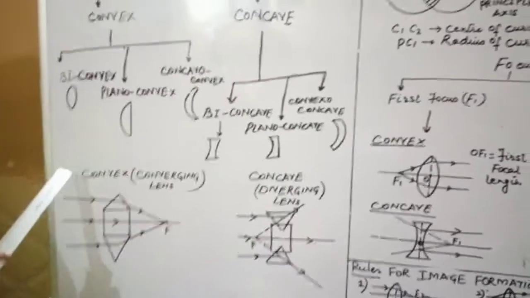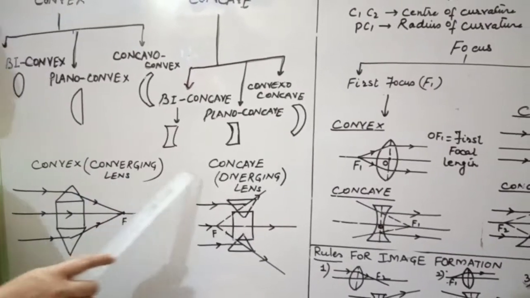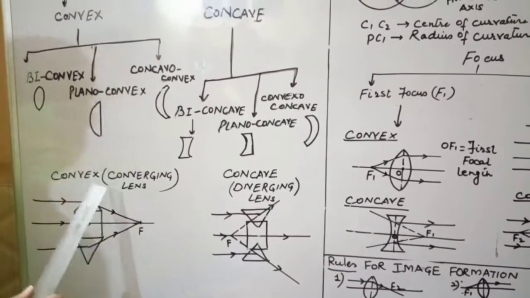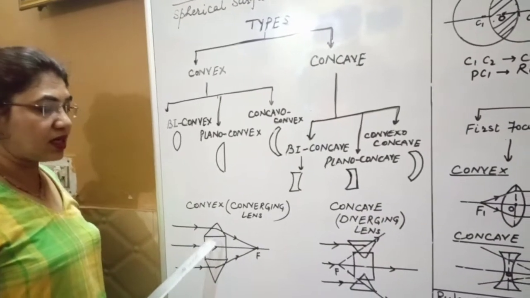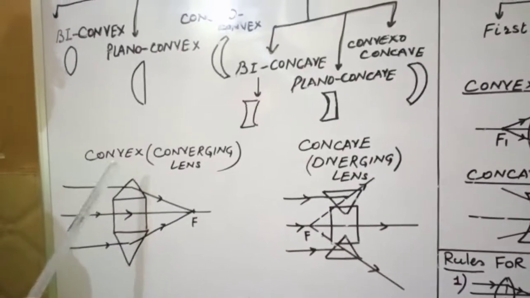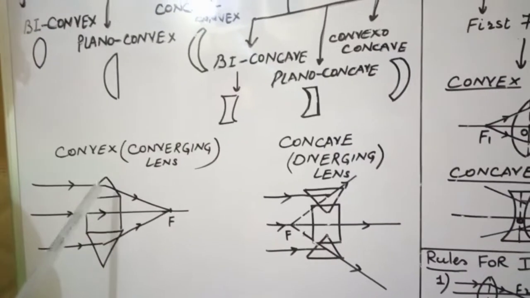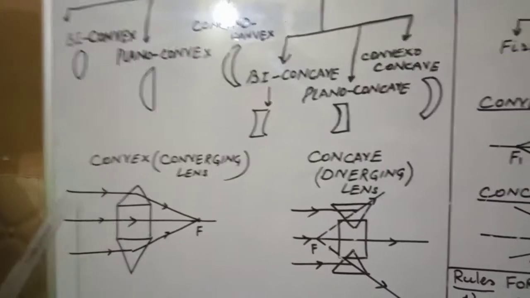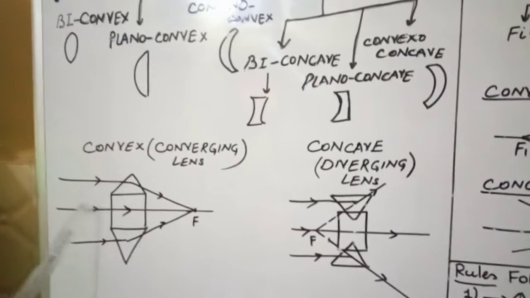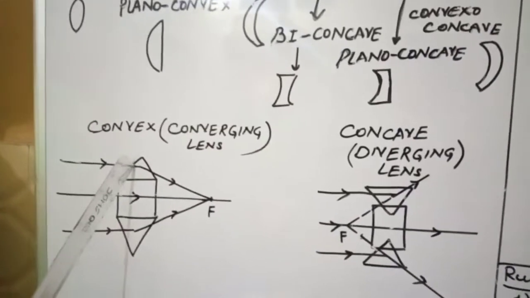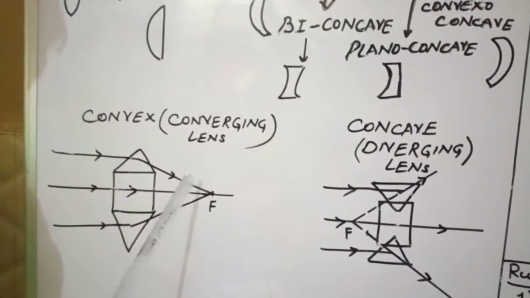Next, a convex lens is considered a converging lens, whereas a concave lens is considered a diverging lens. How can we say this? To explain this, I will tell you the structure of lenses. I consider this convex lens made of two prisms and one slab. Here one prism is kept with its base here, whereas the other prism has its base on the upper side, with the slab in between. If three rays strike here, one ray strikes normally on the slab and is undeviated, whereas one ray strikes the prism and after refraction bends towards the base.